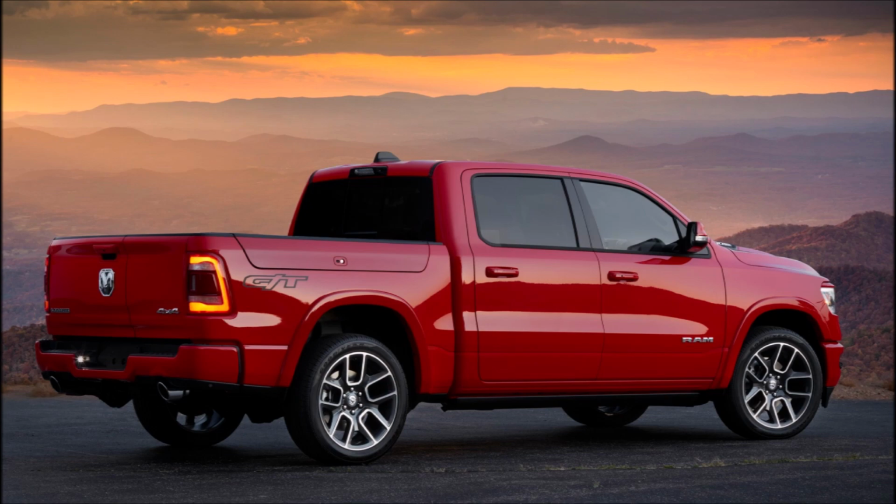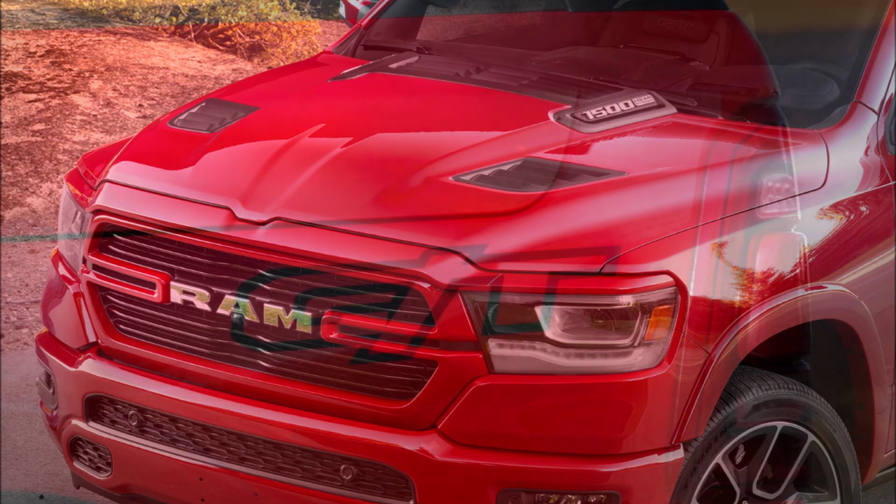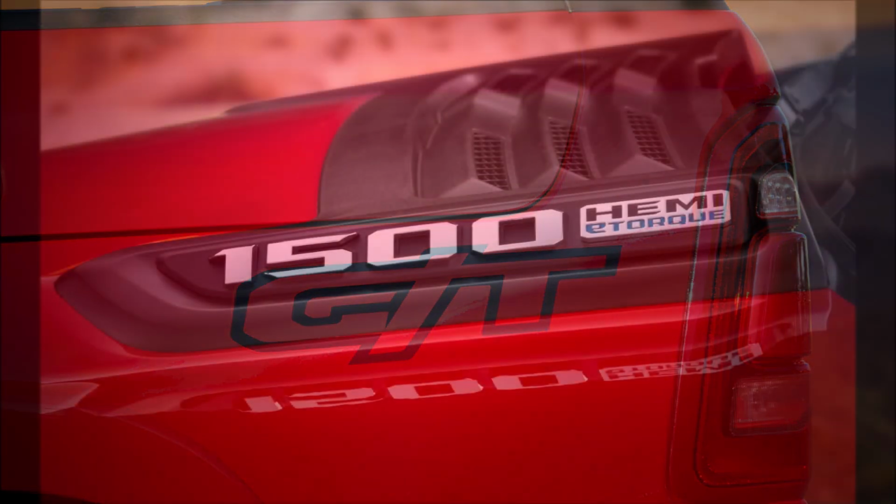Now last but not least, the infotainment system has come with performance pages that provide real-time vehicle performance information and a 0 to 60, 0 to 96 kilometer timer. Now the information can also be downloaded onto a USB stick for later viewing, but both models are powered by